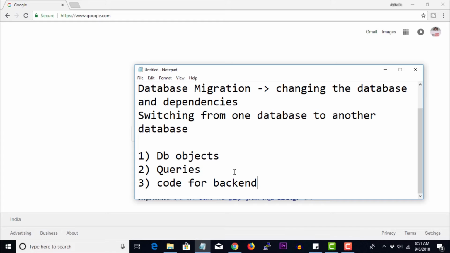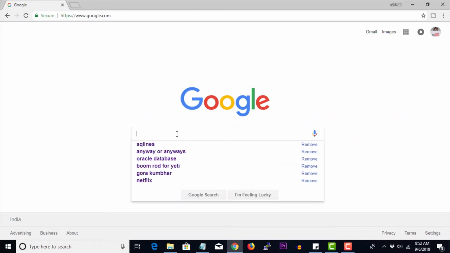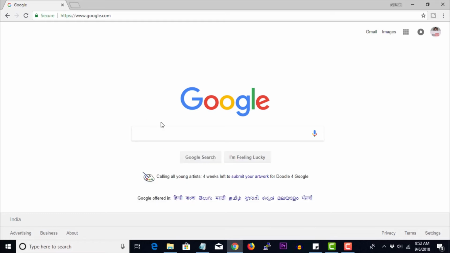Whenever I say dialects, it means that the implementation of SQL differs across various database products. So we need some sort of tool or helping hand to convert the SQL queries meant for one database product to the SQL queries of the other database products. Let us try to understand how this SQLines Online Query Converter tool can help us. This tool is going to be very useful.